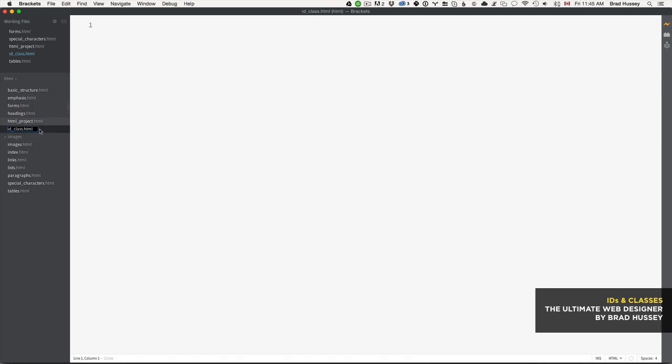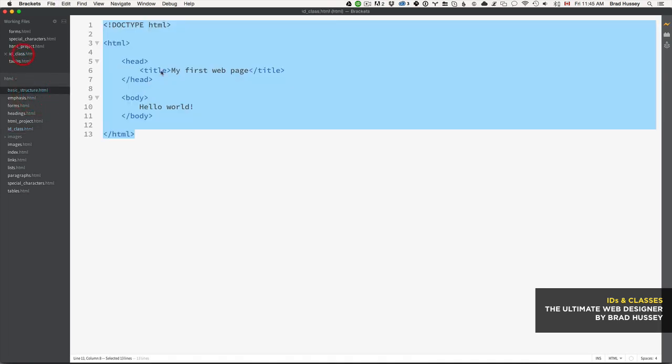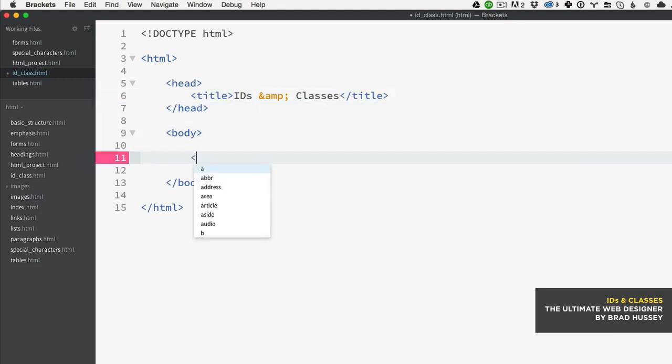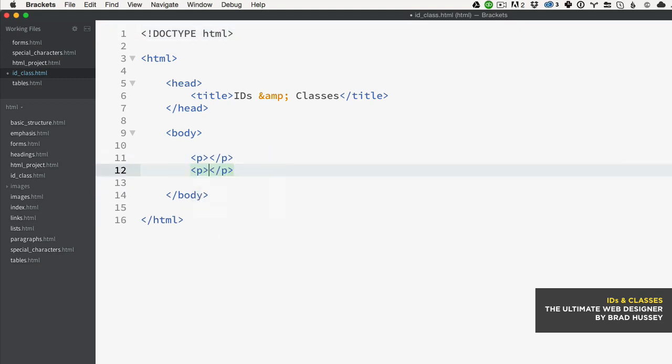In all honesty, you could name it whatever you want, but this makes sense because it correlates to the lecture name. So IDs and classes, obviously, let's use that basic structure so we've got some HTML to work with. I'm going to change that title to IDs &amp; Classes, and that is the special character, ampersand, AMP, semicolon. In here, I'm going to add a couple of paragraph tags, like so, and then I'm going to add some